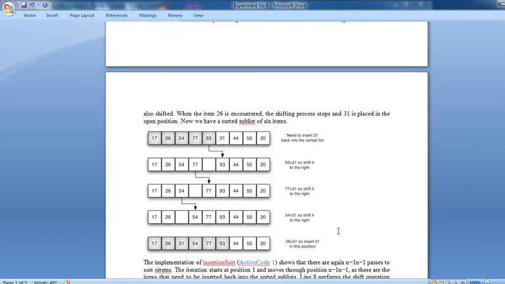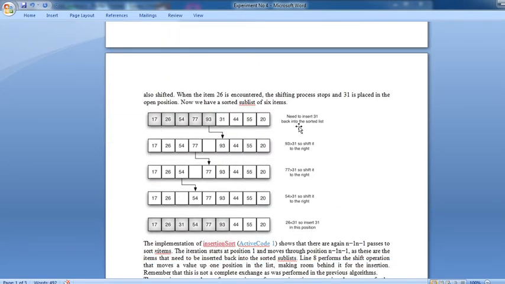Now we see that diagrammatically. This is your sorted list available. You need to insert 31. These 5 numbers are sorted: 17, 26, 54, 77, 93. If you insert that 31 here, see the diagram. What is the position of 31? After 93. It is compared with the first number, 93. 93 is shifted to the right side.